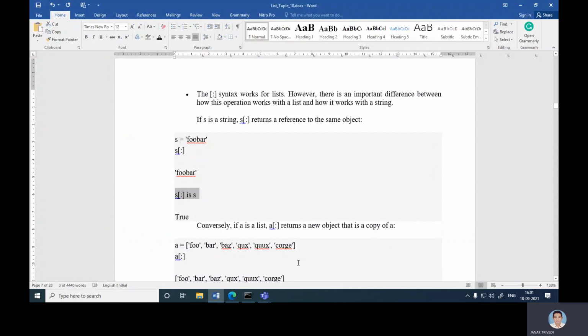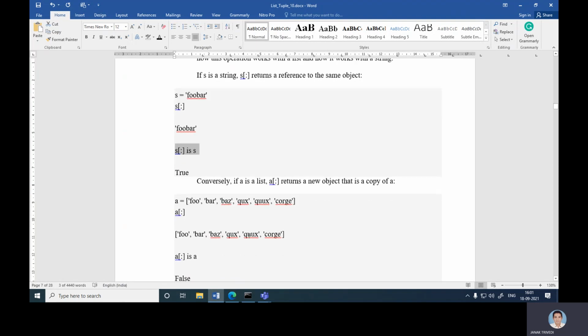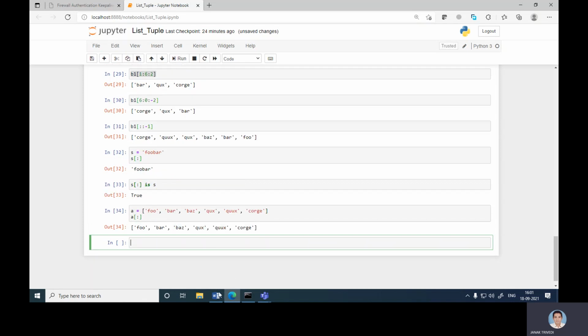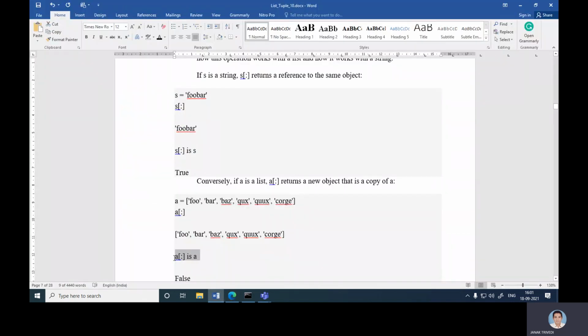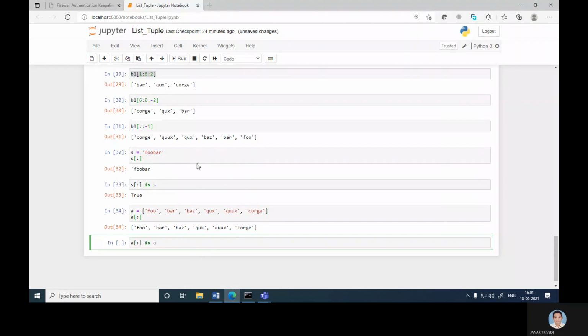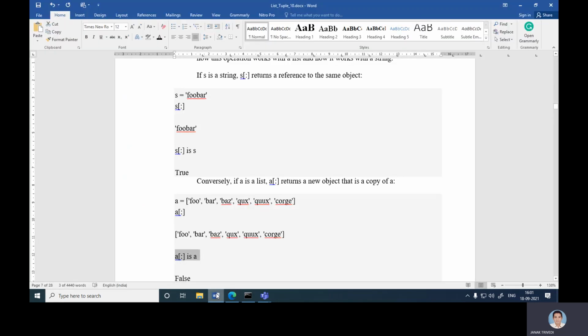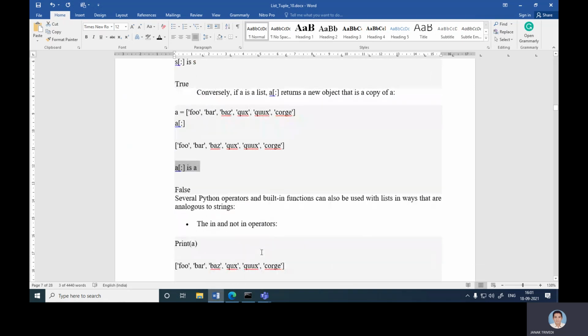Conversely, if a is a list, a[:] returns a new object that is a copy of a. Say a equals foo, bar, bars, quacks, and chords; then a[:] gives you the list. Now a is a[:] is False, because in this case it just returns a new object that is a copy of a. So this is the difference between string and list. Please remember this concept. It's very useful.